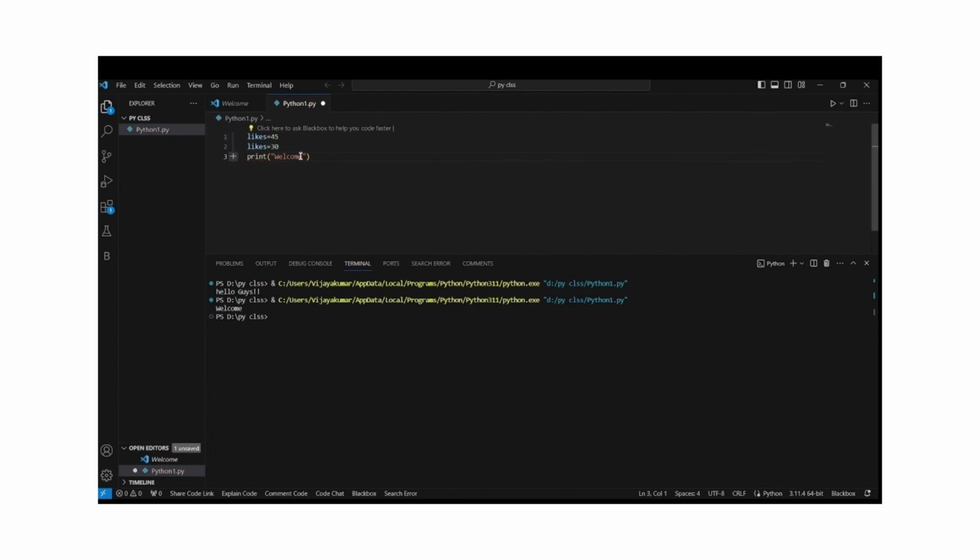Then here, likes acts as a name. The value 45 acts as a value, and the equal sign explicitly assigns the value to the name likes. So when we simply print likes, then save it, when we run,